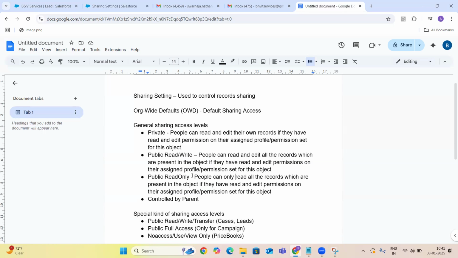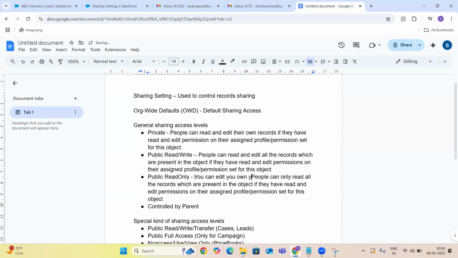You can edit your own records, but others can only read. You are able to edit your own records because you have edit permission on your profile. That's the reason you can edit your own records.